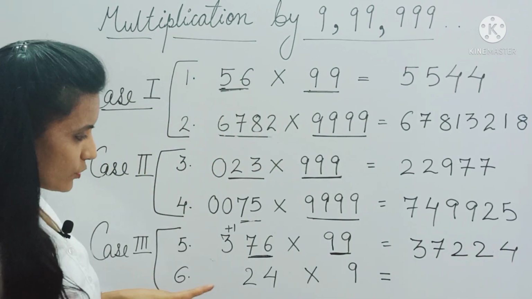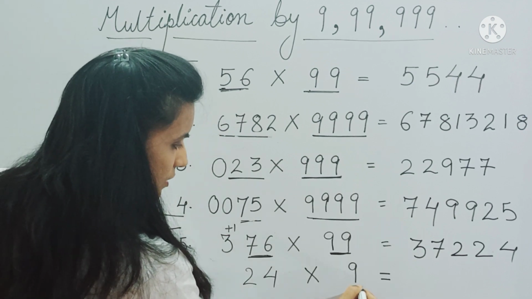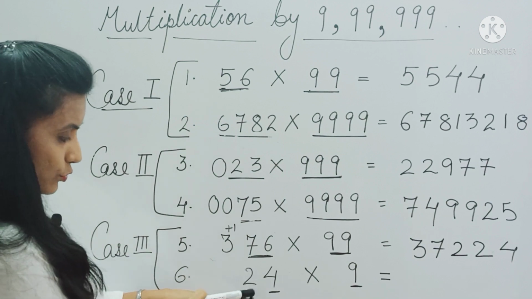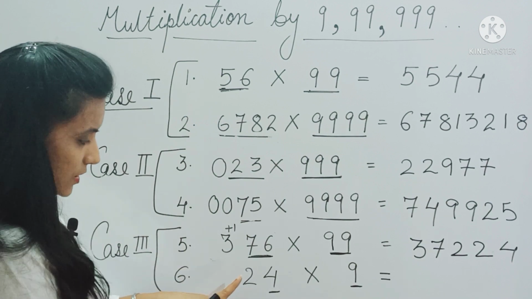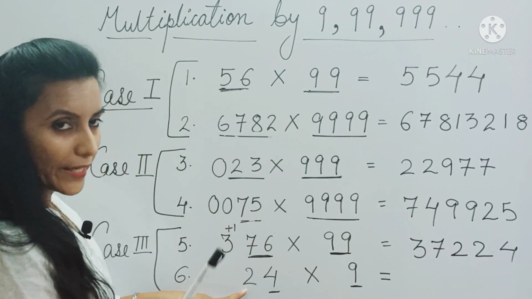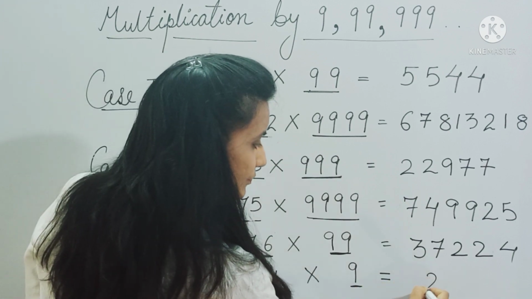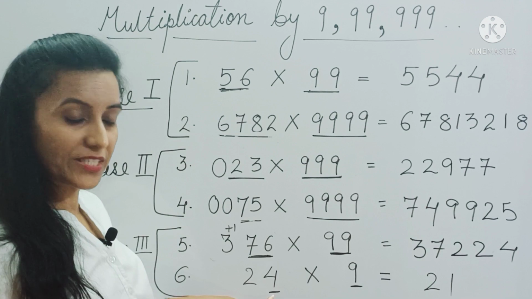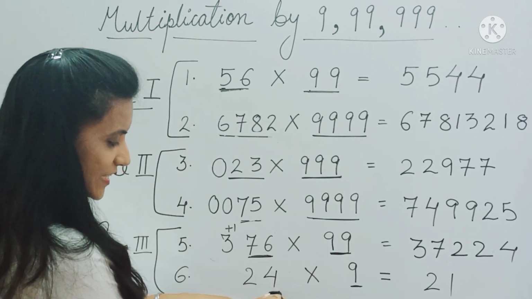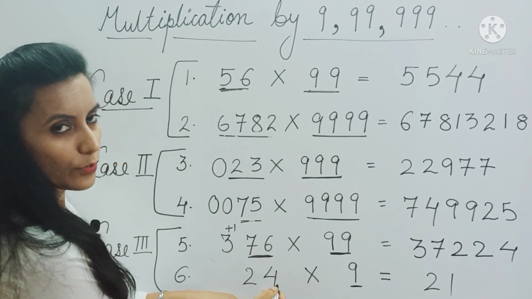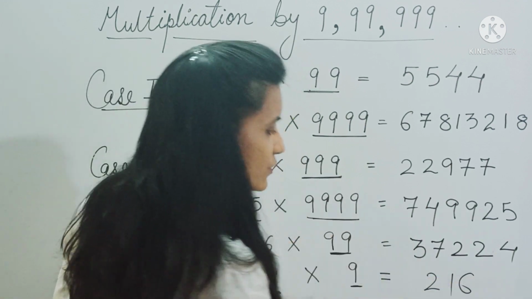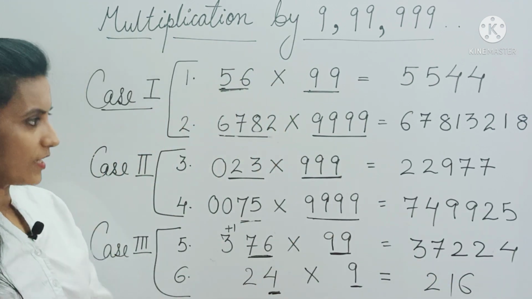So same trick you have to apply here. You have one digit here, so underline one digit here. So this is your extra digit. Now 2 plus 1 gives you 3. Okay, so 24 minus 3 is 21. And now you have to apply all from 9, last from 10. Now since you have only one digit here, you have to subtract this from 10. So 4 plus 6 gives you 10. So that is your answer.